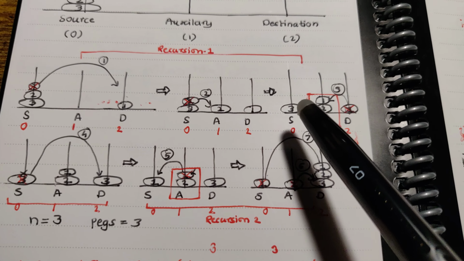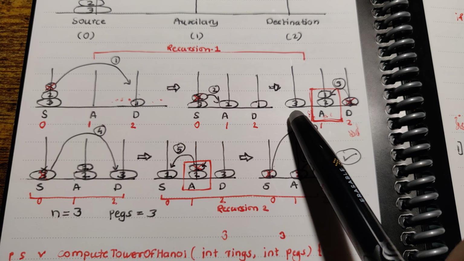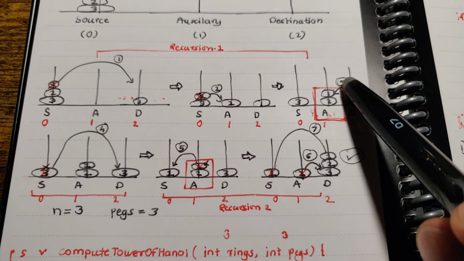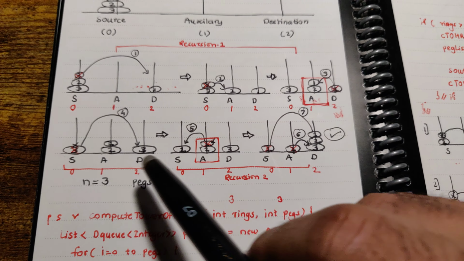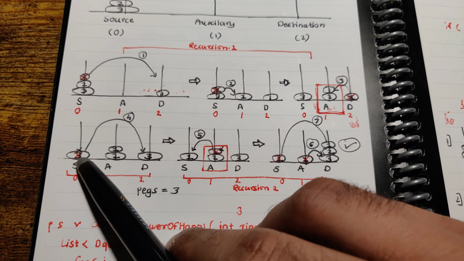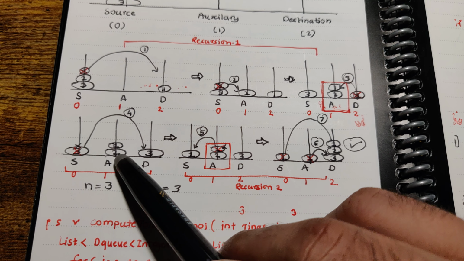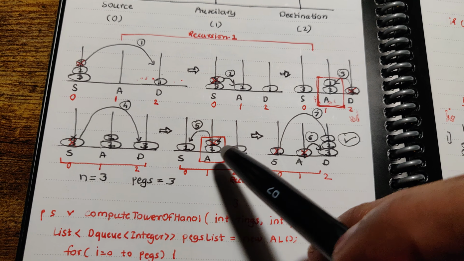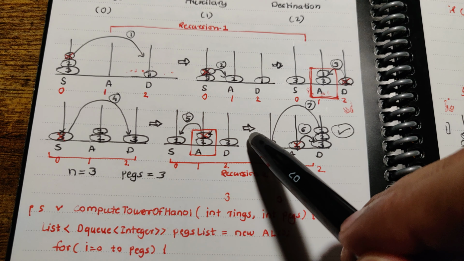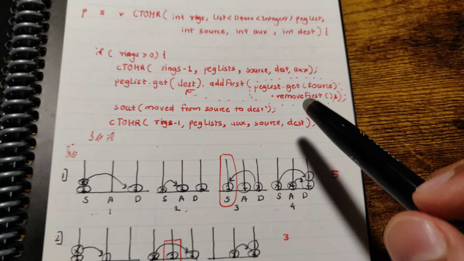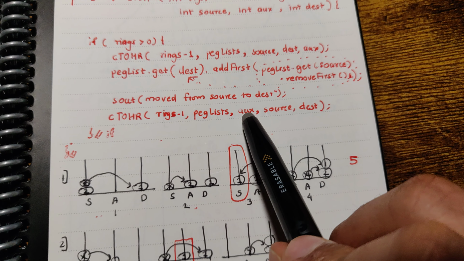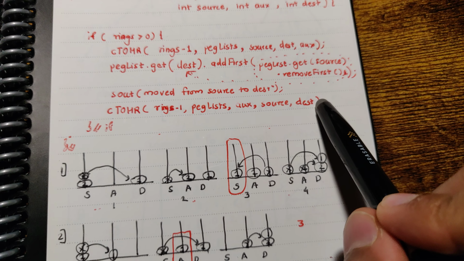Eventually, if you notice, when we went through this example, after passing 3 to the last peg, we used source as auxiliary, like 1 and 2 were in the auxiliary. So this is our source now. We put 1 here, then 2 back on top, and 1 back on top of 2. So eventually we solved it by putting this as source, this as auxiliary, and destination remains the same.